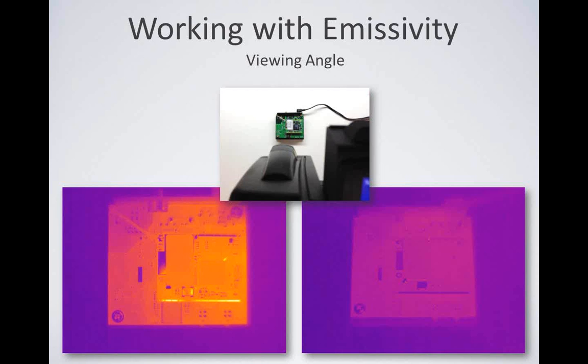result of reflected radiation. The bottom right thermal image was taken of the PCB when the IR camera to target angle varied slightly. This shows a substantial reduction in color variation or apparent temperature variation. As long as I stay within 40 to 45 degrees normal